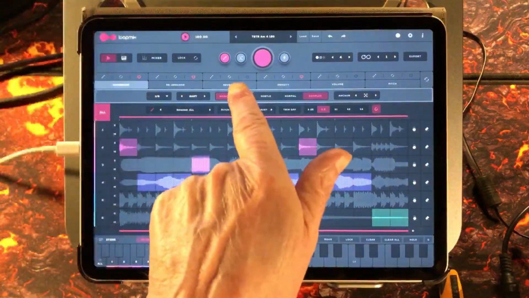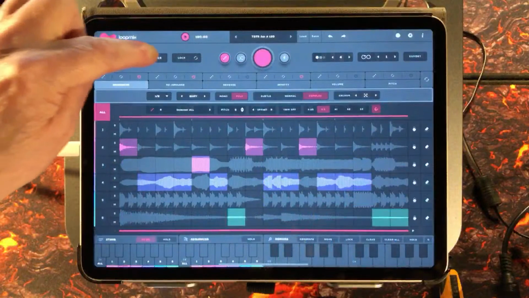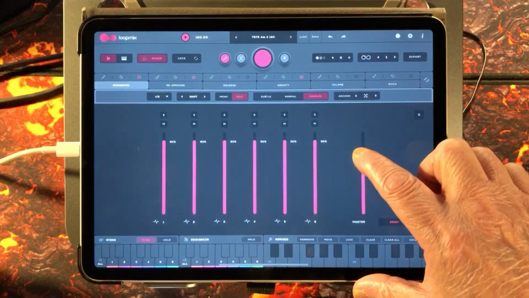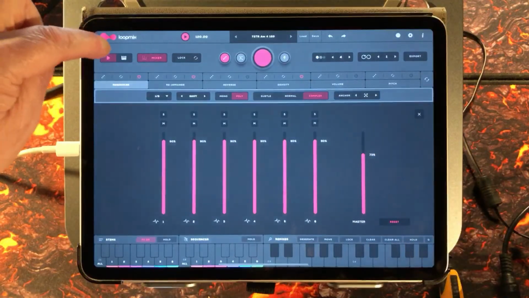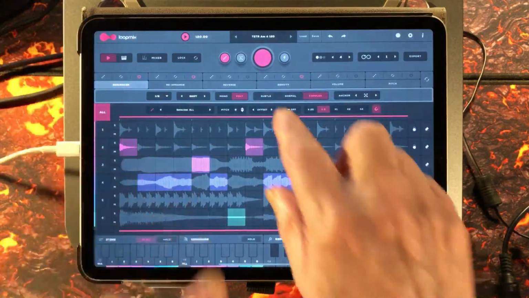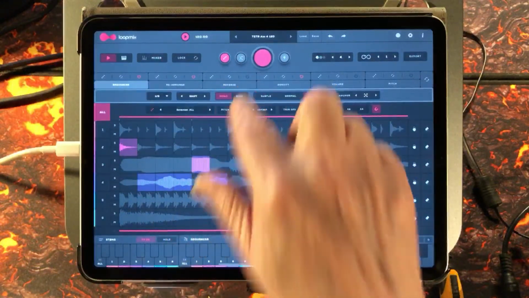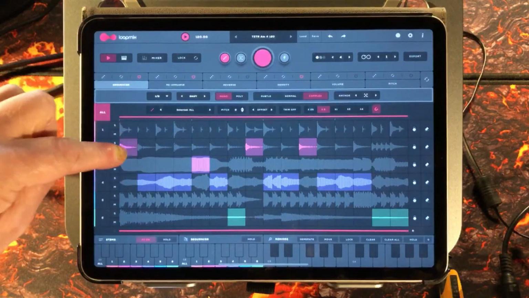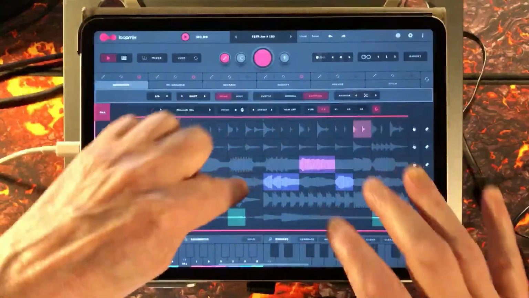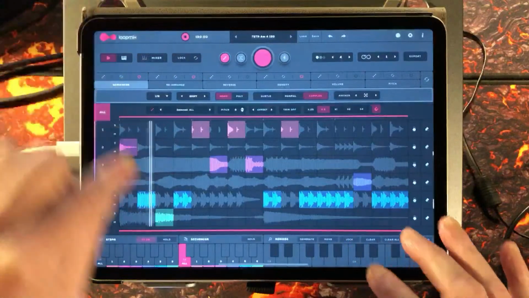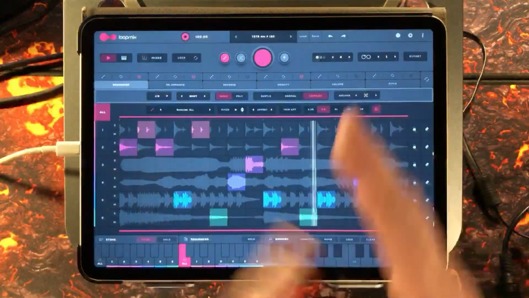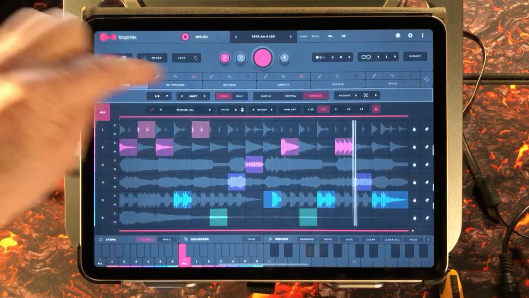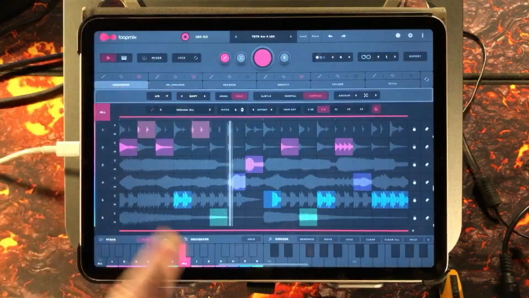Now, I'm going to see this where it says poly. I'm going to put poly on. I'm going to go into my mixer actually and just turn the master mix down just a little bit because it might get a little bit louder. So we'll go out of mixer. Now I've got poly. So you've got mono. Mono won't let another loop appear over any other loop. So there'll always be a break. But if we have poly selected, we can now